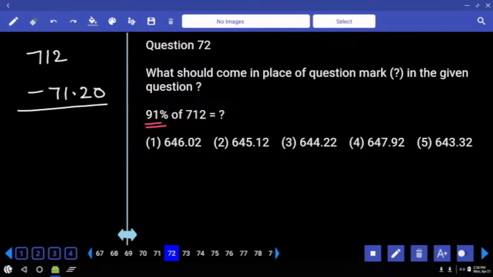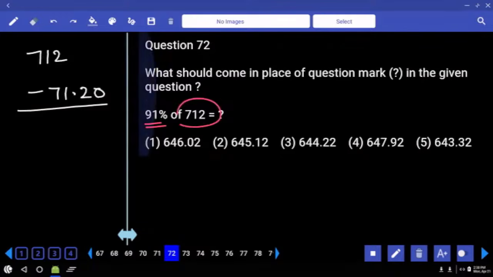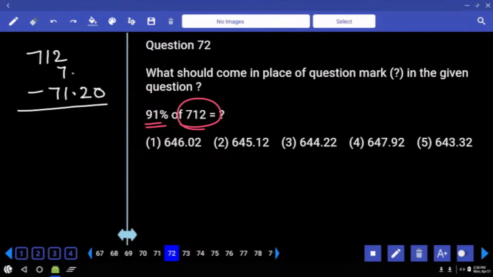If you calculate, you'll get some number which is equal to 90%. But how much percent we want? So what is 1% of this number? 7.12. Correct. So from 12, can you subtract 20? So 112 minus 20 is possible. So answer must end with